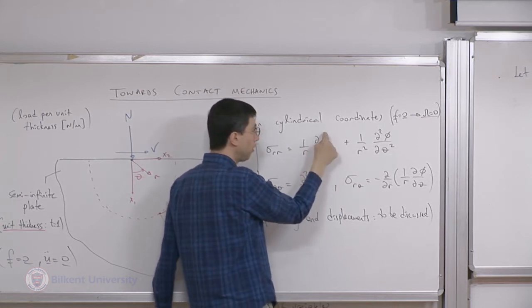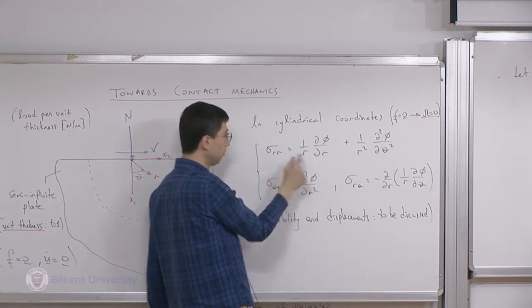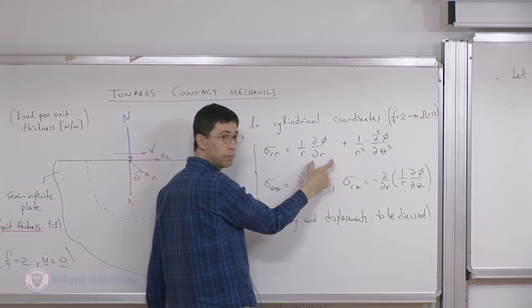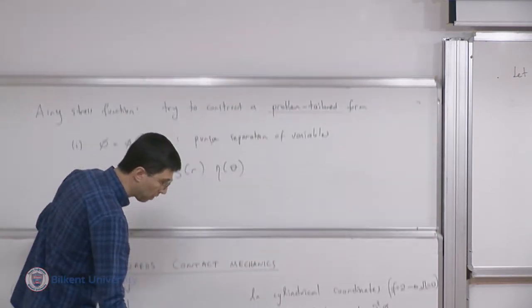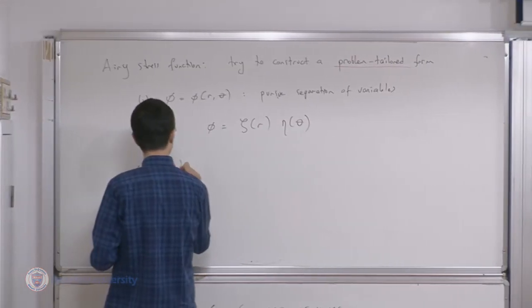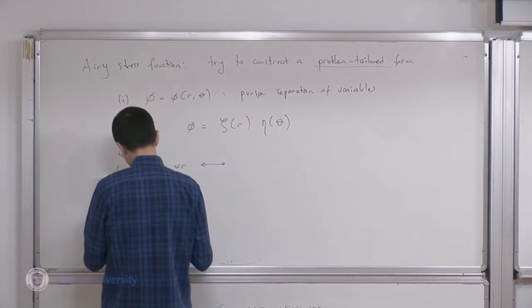In other words, the r dependence of phi must be linear. Right? 1 over r, it's already here, so this must be a constant. That's the argument that we're going to make. Okay? So let's make a note of it. So dA is proportional to r, and